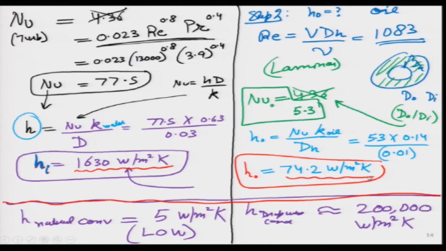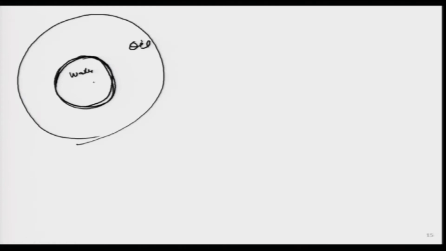In order to remove any confusion, what am I talking about over here? So, this is the pipe. Okay. Here I think water was flowing inside, water is here, oil is flowing in the annular region. So, what we are trying to figure out is what is this heat transfer coefficient H I and what is this heat transfer coefficient. I think I drew it in the other direction because oil was hot. So, I will draw it in this way.